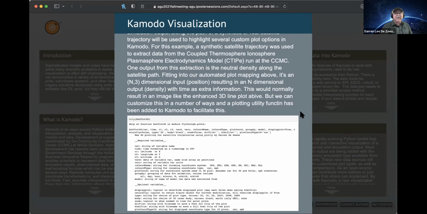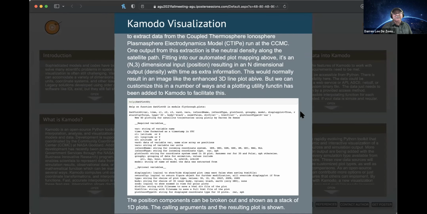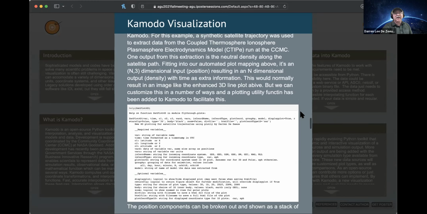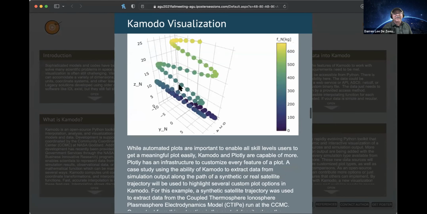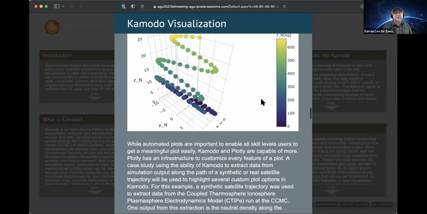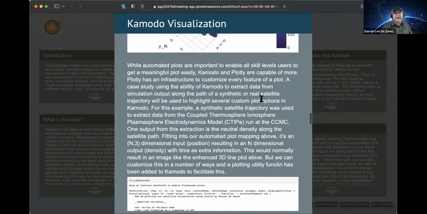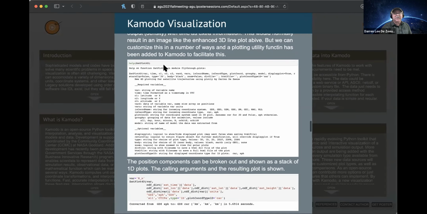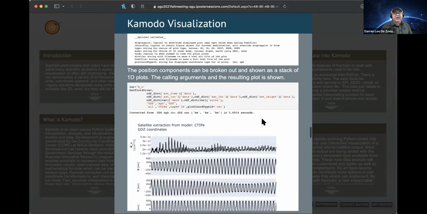Once you have those points, there's actually quite a few different ways that you can display it. The default would just be a 3D line with value on the line. And so the default would be a plot something like this. Well, that might not be the most useful way to display it. And so we've developed this SatPlot 4D little add-on to Komodo